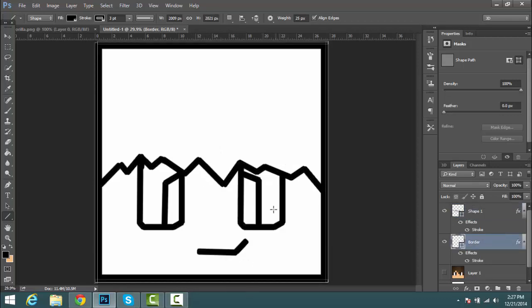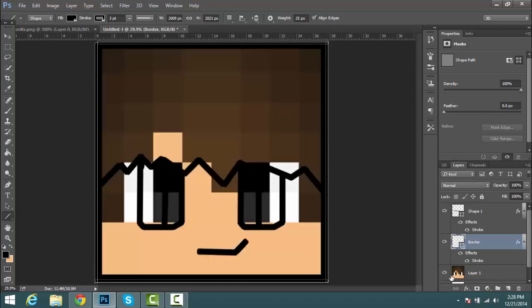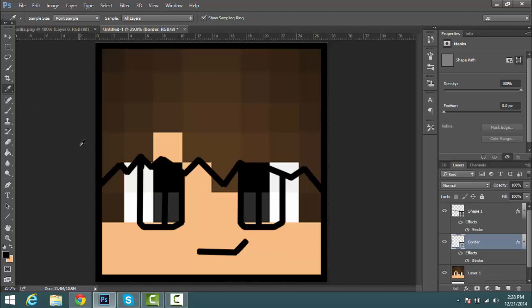So now that we have our head drawn out here, we can actually start adding the colors in. We can do this by adding our skin back in. Sorry, my mic might have glitched out right there. You want to add our skin back in, and you want to go and get your color sampler,